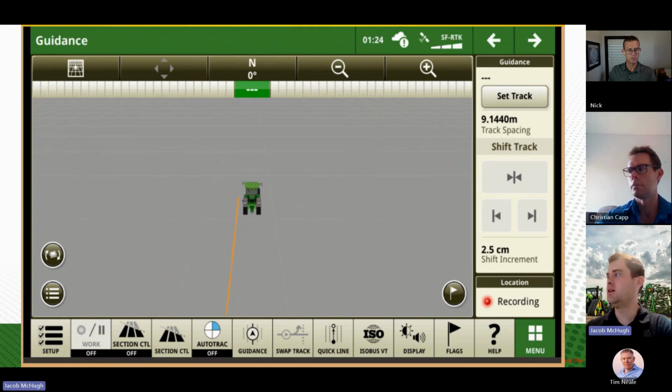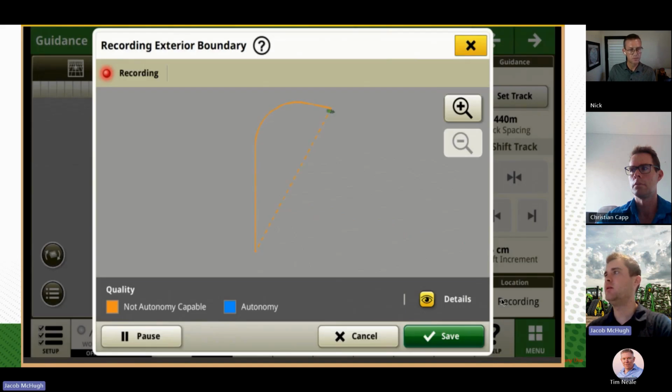And you'll see in our location information, where it normally shows the field that we're in, it now has a recording sign there, so it shows that we're still recording that boundary, right? So as we can see on our map page here, we're driving along and we're recording a boundary behind us. In the past, typically this would show up as a pink color. However, now there has been an update this year to our boundaries